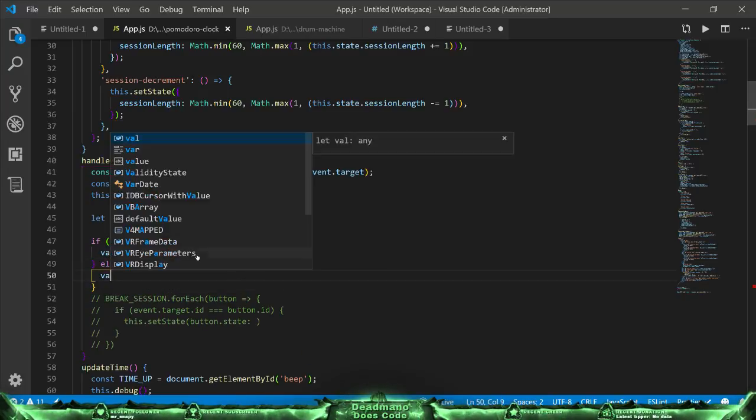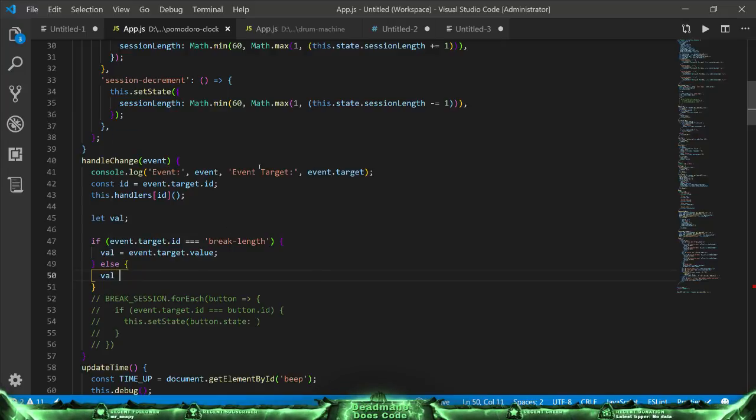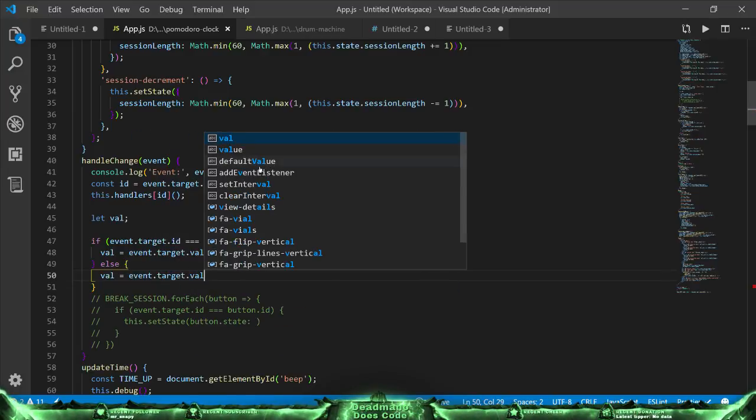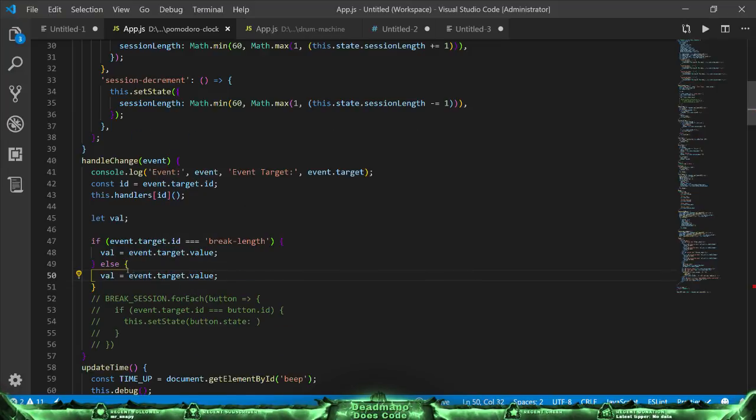And then the else is going to be the other one, which is session length. Event.target.value. Actually, why are we doing that? We could just set val to event.target.value from the get-go. So let val equal event.target.value. We just obviously have to take into account what happens when you press the buttons, because the buttons won't have a value and we're going to error out. But that is fine. All we then have to do is